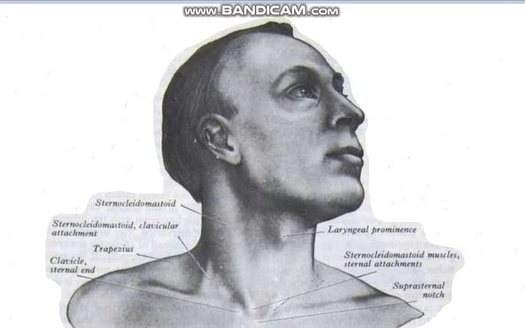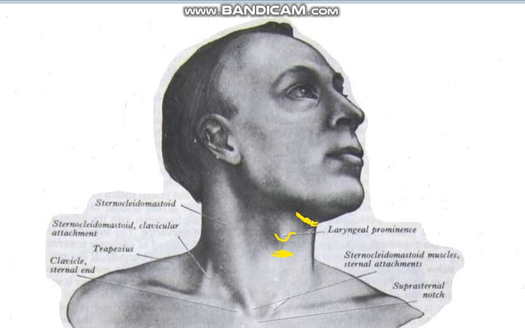So if we need to draw the hyoid bone, it would be, I think, somewhere here. This is the best representation of the hyoid bone. So this is the hyoid bone, and this here is the laryngeal prominence or the Adam's apple. This is actually the prominence of the thyroid cartilage. So the thyroid cartilage would be somewhat like this. This is the thyroid cartilage and this is the hyoid bone.